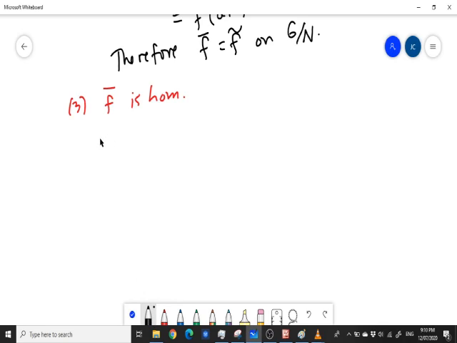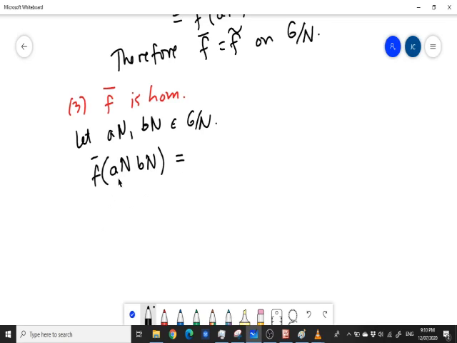So let G mod n, so a n and b n, right? So f bar of a n b n,